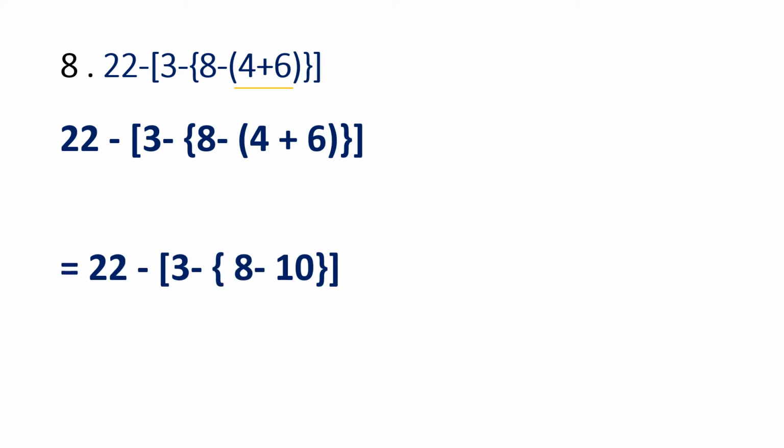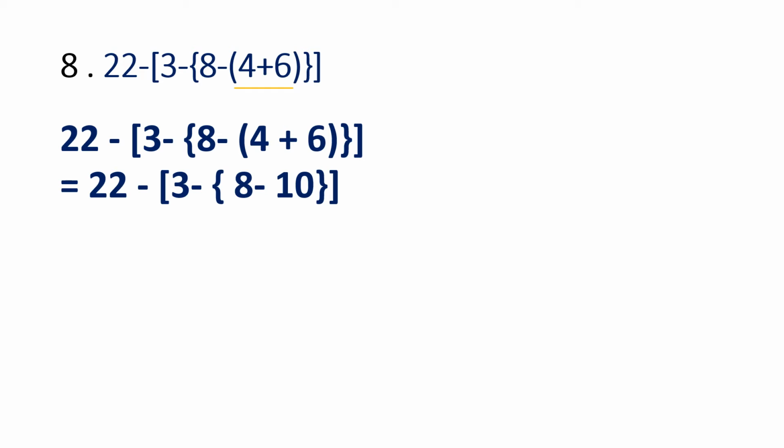Okay, so next step, yeah, here. So we have replaced this 6 plus 4 as 10. See here, 6 plus 4, we have made it into 10. Now what is our next step? Let us see. This is the curly bracket that we have to solve, isn't it? After the small bracket, we have to solve the curly bracket. So 8 minus 10. Now we know that these are of two different signs. This is plus and this is minus. So whenever we have opposite signs, what do we do? We have to subtract, isn't it? So 10 minus 8 is 2.